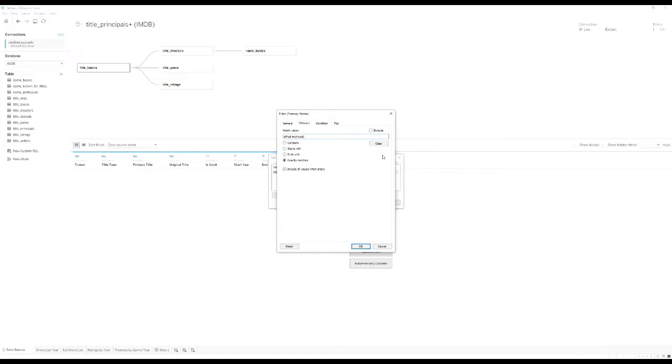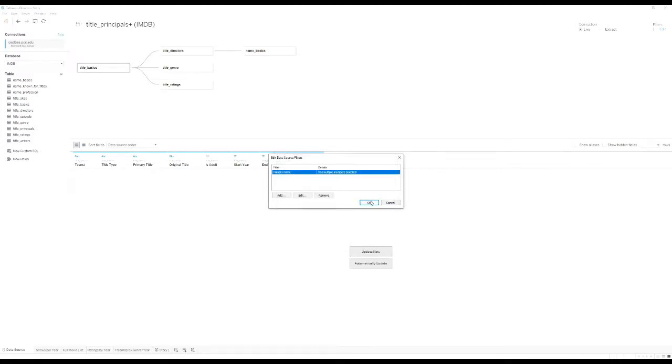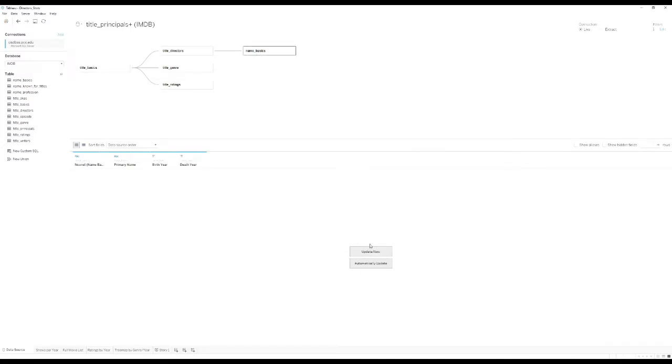There might be more than one person named Alfred Hitchcock. In fact, we can see by clicking on Name Basics and doing Update, I can see 3 name IDs associated with that name, only one of which has birth and death years populated. But on the off chance that these were created erroneously, I'm just going to cast a wide net and include all the films that were directed by anyone with that name. And the